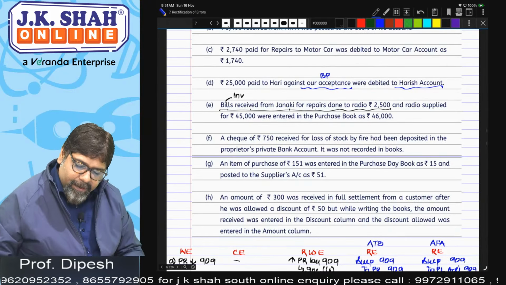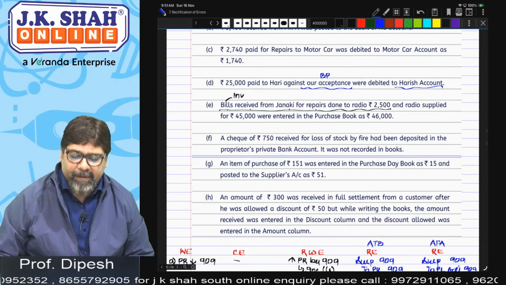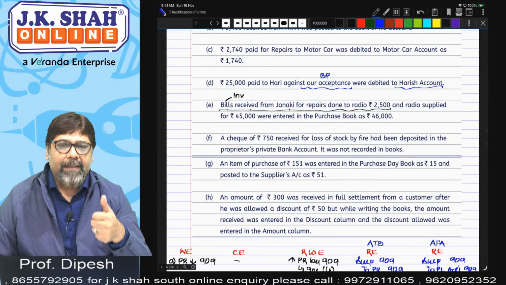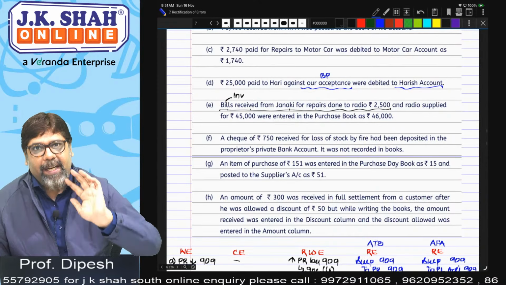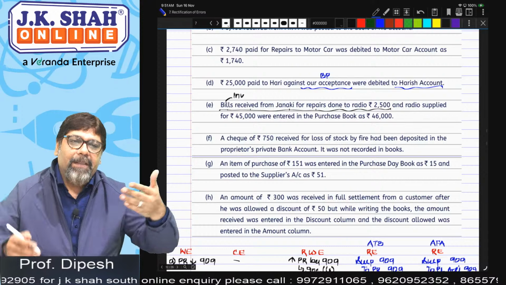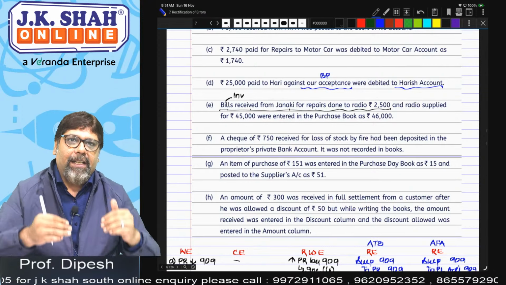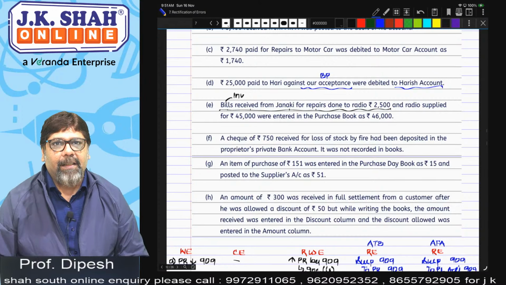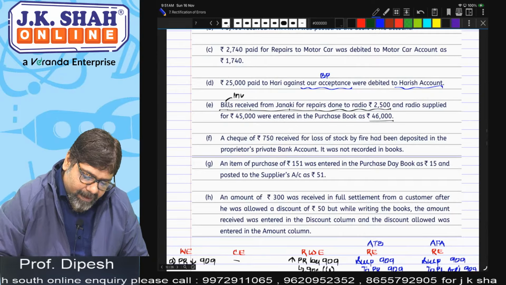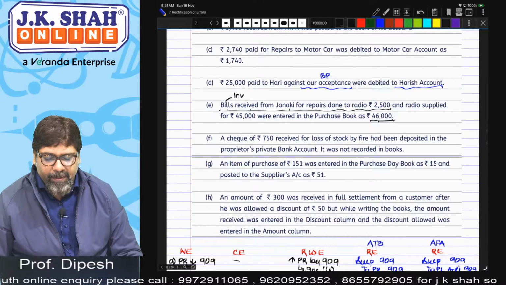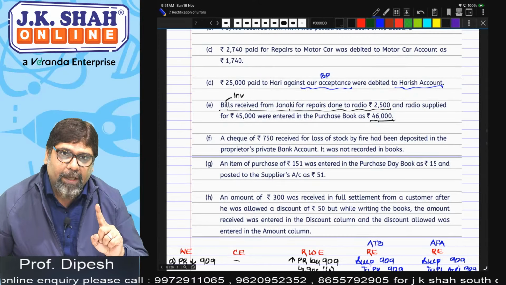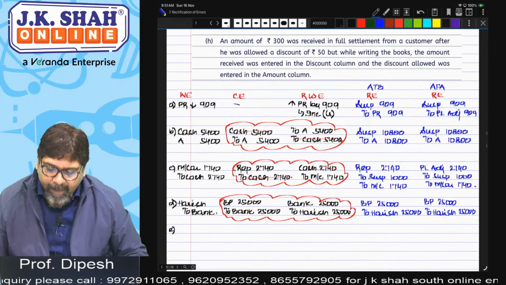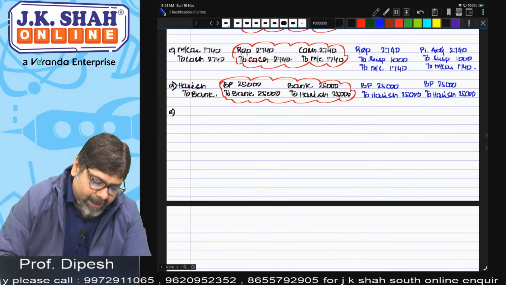Okay, and radio supplied for rupees 45,000. That means Janki repaired the radio for us and Janki supplied a radio to us. That means we purchased a radio from Janki and we got a radio repaired from Janki. And we passed this transaction to the purchase book. So we received a bill of 2,500 for repairs and 45,000 for purchase of radio. Therefore, the correct entry should have been